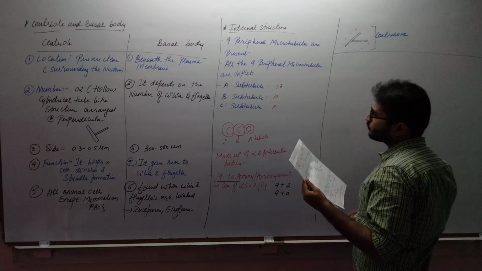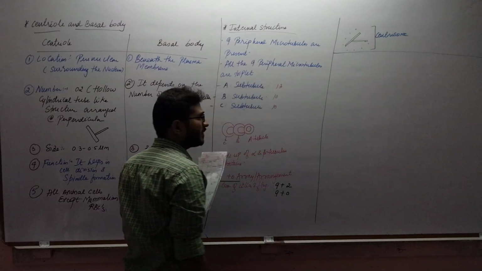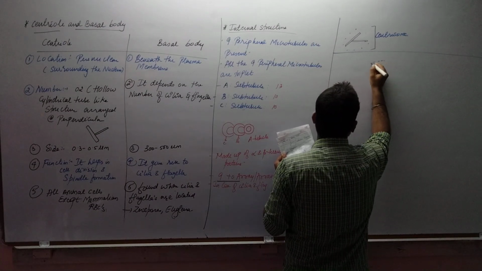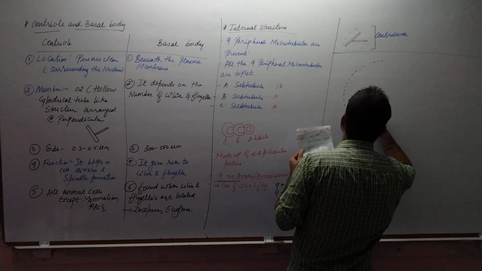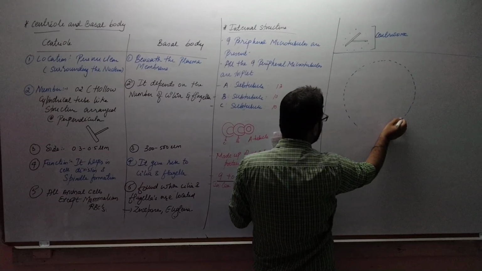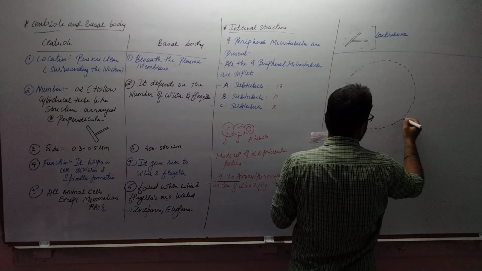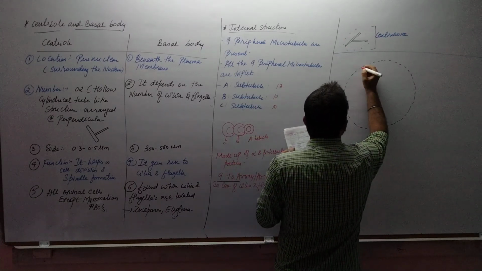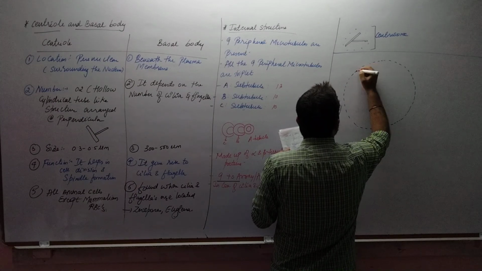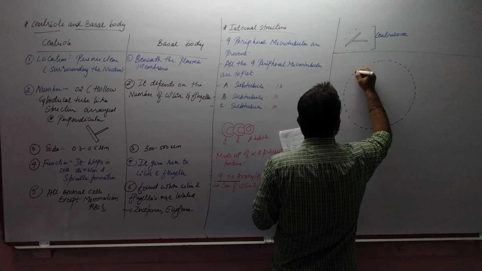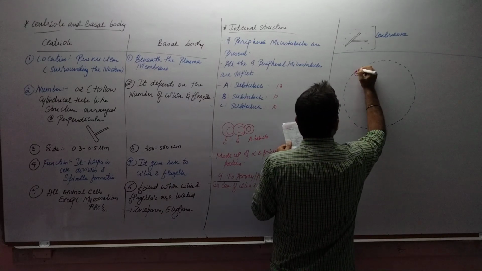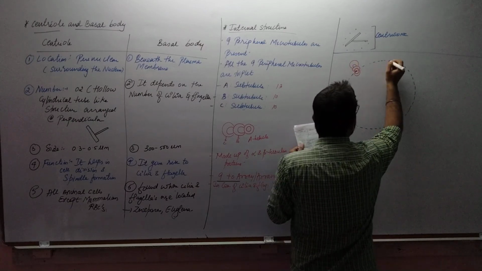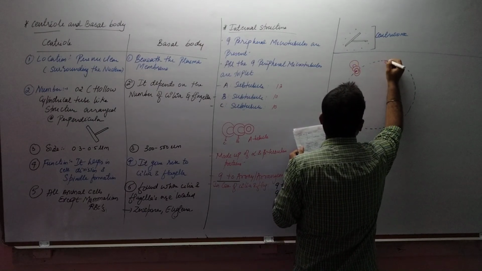Now let us understand the structure of centriole and the basal body. We know that 9 peripheral microtubules are present, right? So simply we have to draw a cartwheel like structure, the same that we have drawn in the last segment, right? So this is 1, inner, A, B, C, like that. 9 protofilaments are present.